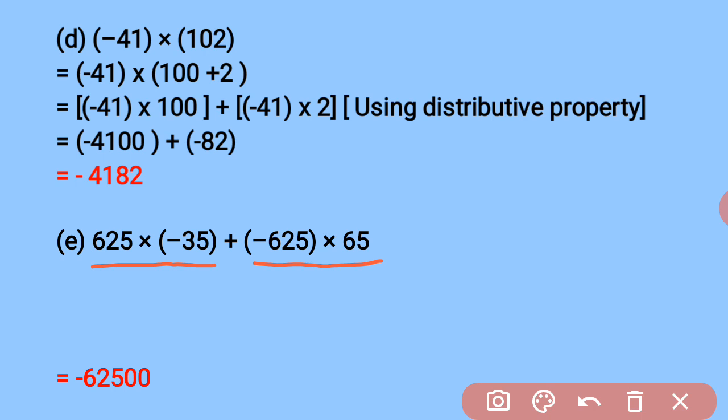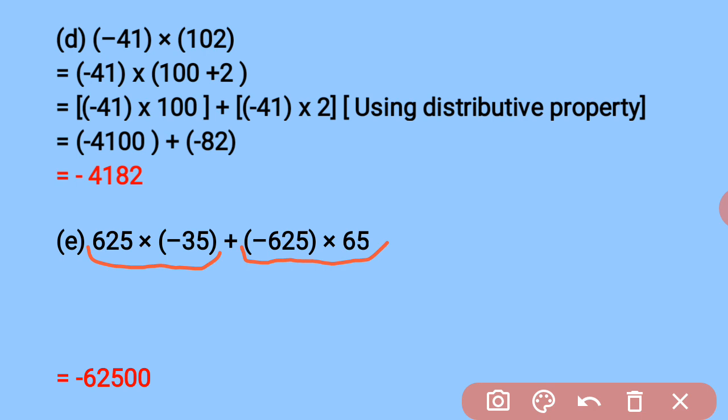That means we can get a tray here and another tray here. But there is a small problem. What is the problem? There is one number that is in both the trays, but one is positive, the other is negative. Yes, I am talking about 625. In the first tray, it is 625. In the next tray, it is minus 625.